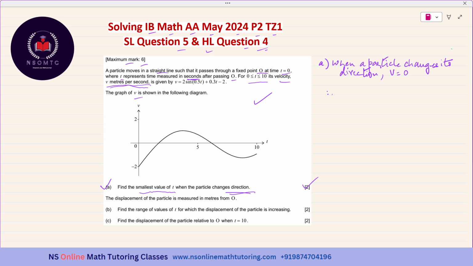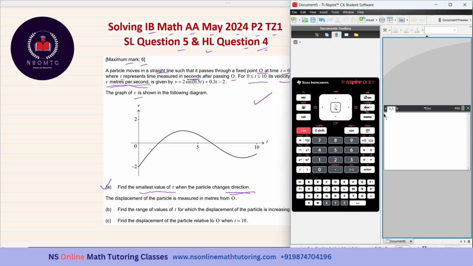Therefore, 2 sine 0.5t plus 0.3t minus 2 is equal to 0, and we have to get the value of t. This is a paper 2 question. We can use the calculator. Therefore, t is equal to